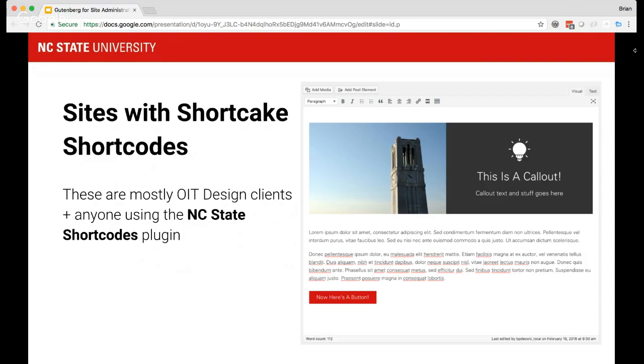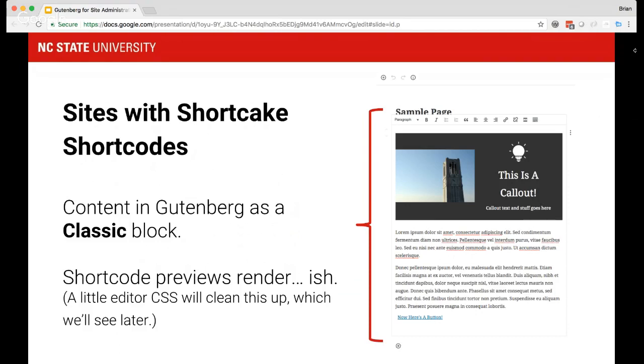So the good news is, much like the content in the classic block in vanilla WordPress, everything just gets dumped into a classic block. It looks a little funky. A little bit of CSS can clean that up, but everything basically works and renders the way it should. But you still have the same issue of all of your content is in this classic block. You can continue to edit it in there if you want to, but if you really want to take advantage of everything Gutenberg offers, you're going to need to go to that Convert to Blocks option in the drop-down menu and break it up